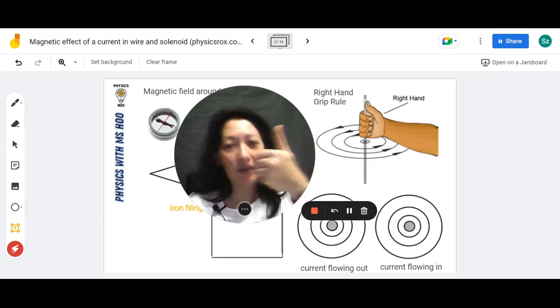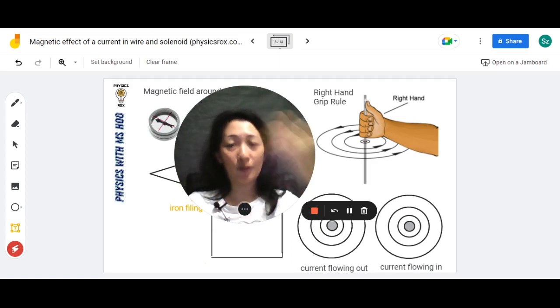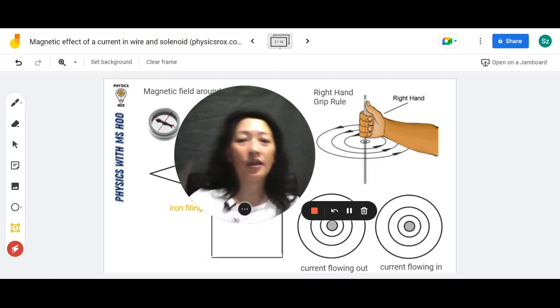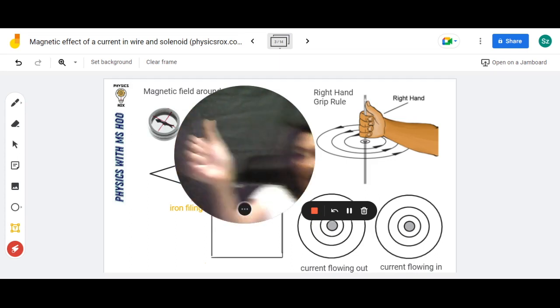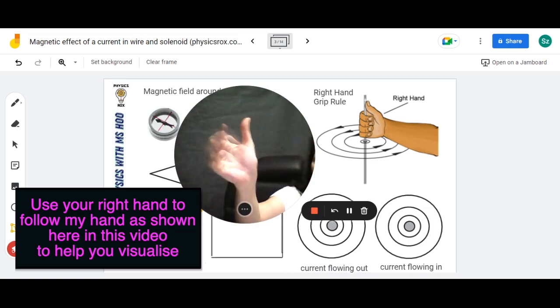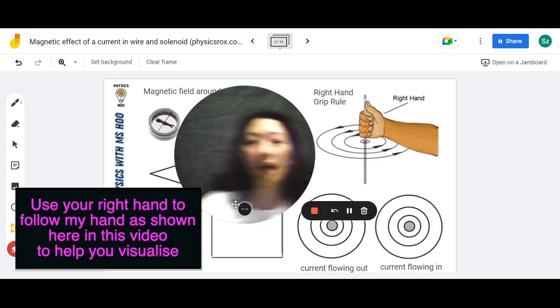It's difficult for me to match the diagram because we're looking at this in mirror image. So I'm going to use my left hand then. This is your current, and this is the magnetic field. So how you use this